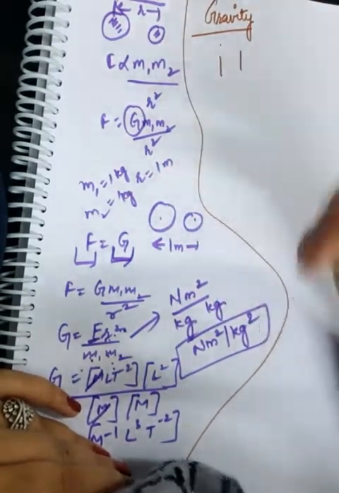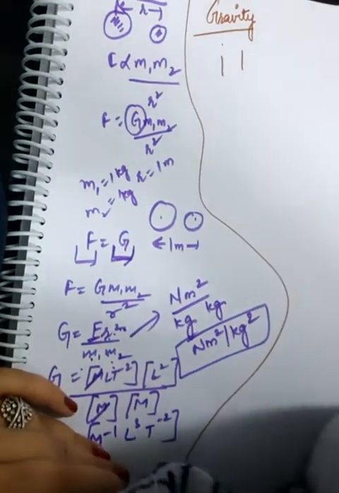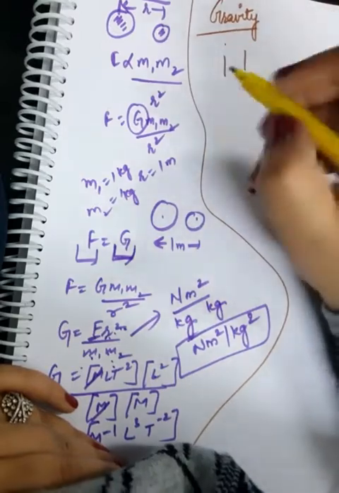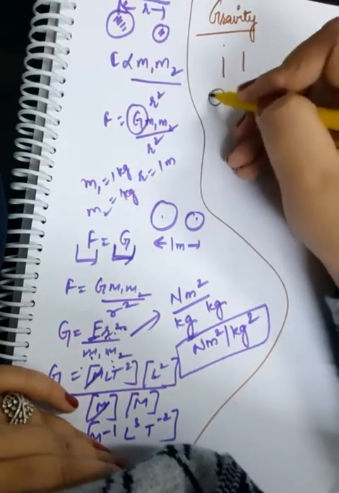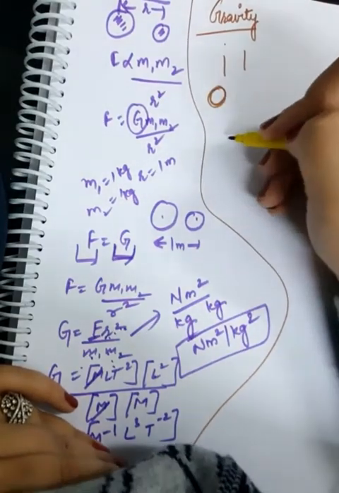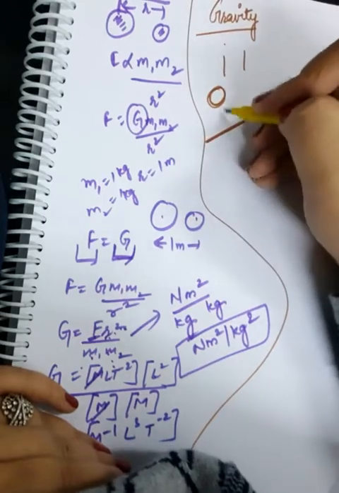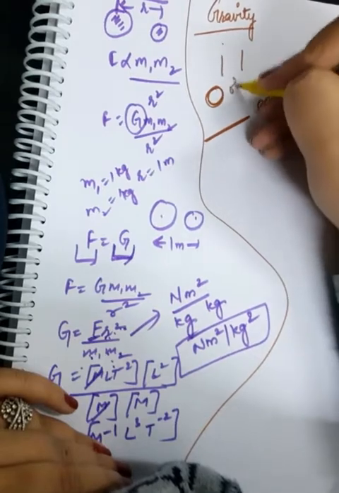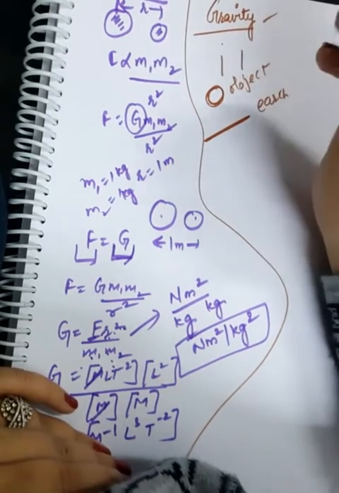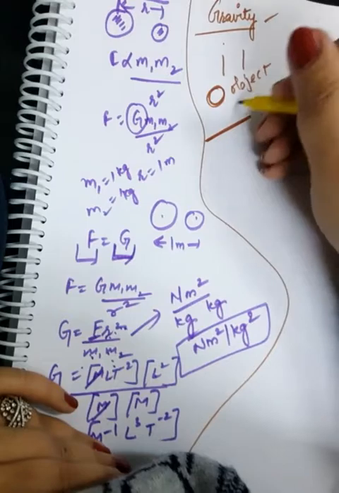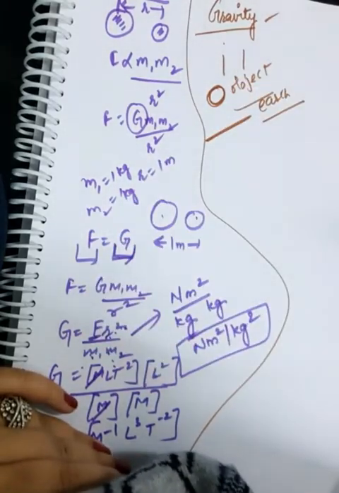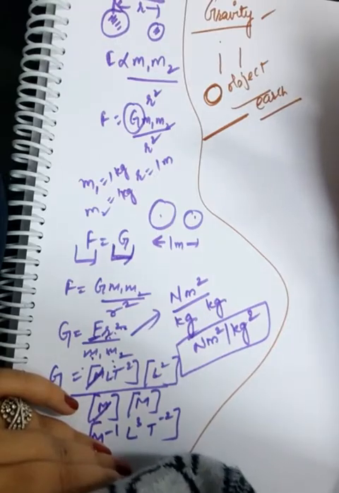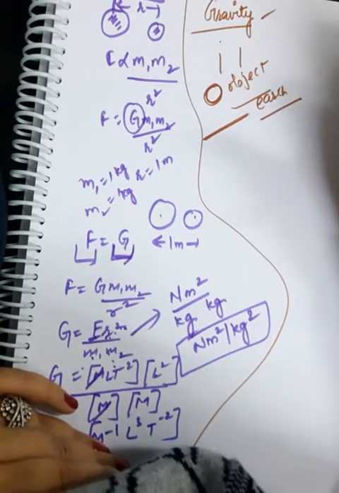Similarly, there is gravity of Moon, gravity of Jupiter. So gravity is of a particular planet. When you talk about gravity, this means how one object is bound to the surface of a particular planet. When you discuss gravity, one object has to be Earth and the other one could be any object, right? After that, we'll be discussing acceleration due to gravity.